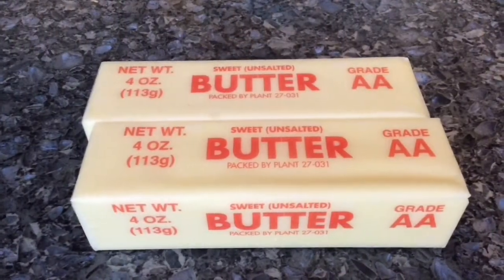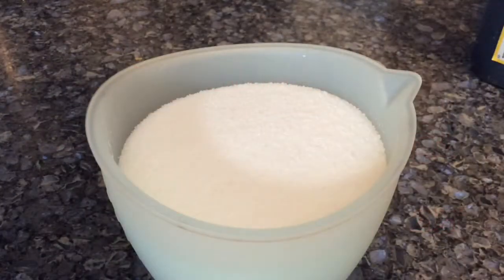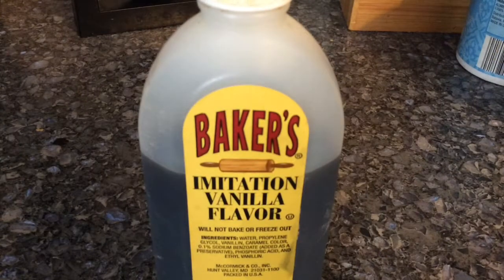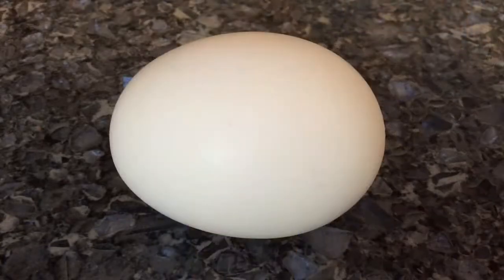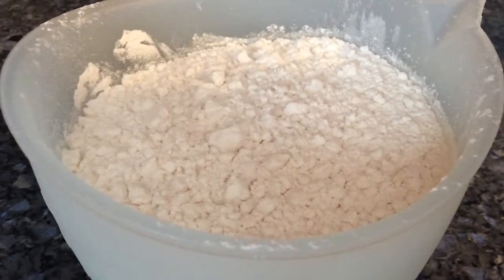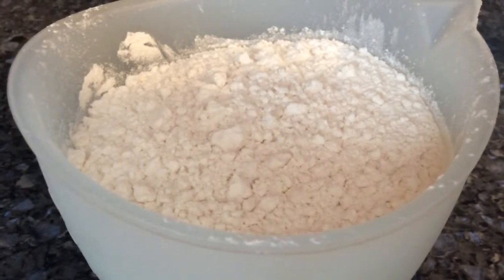Let's go over the ingredients. You'll need 1 cup of butter softened to room temperature, 1 cup of sugar, 1 teaspoon of vanilla, 1 egg, 2 cups of flour that's been scooped from your flour container into your measuring cup so you get the correct amount,